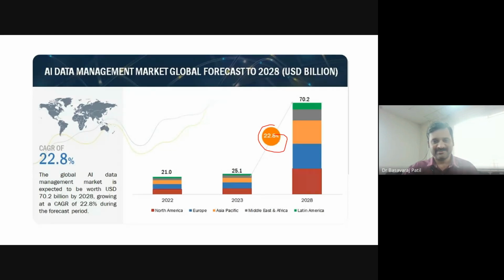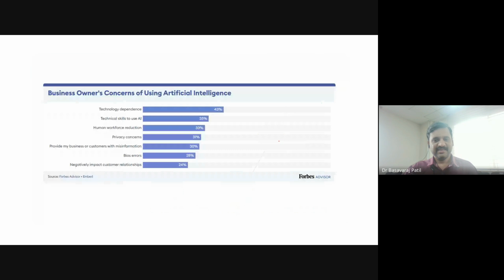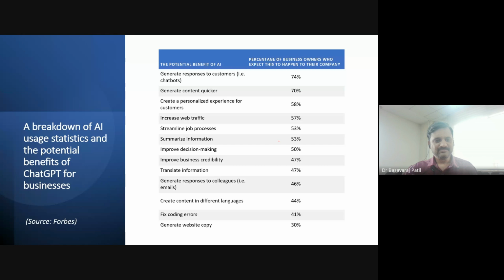Considering the statistics in different regions or localities, North America, Europe, Asia, Africa, and America, every country is getting this evolution. The global data is getting AI-based management. So this is how the 22.8% hike will be there. It means the changes of the data are organized by AI, monitored by AI-based data. And similarly, the owner's perspective is concerned with which area they want to integrate more. It's a technology dependency.